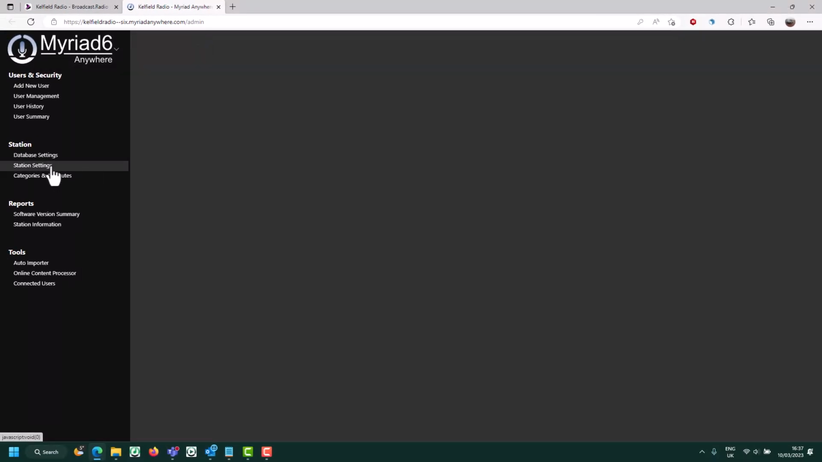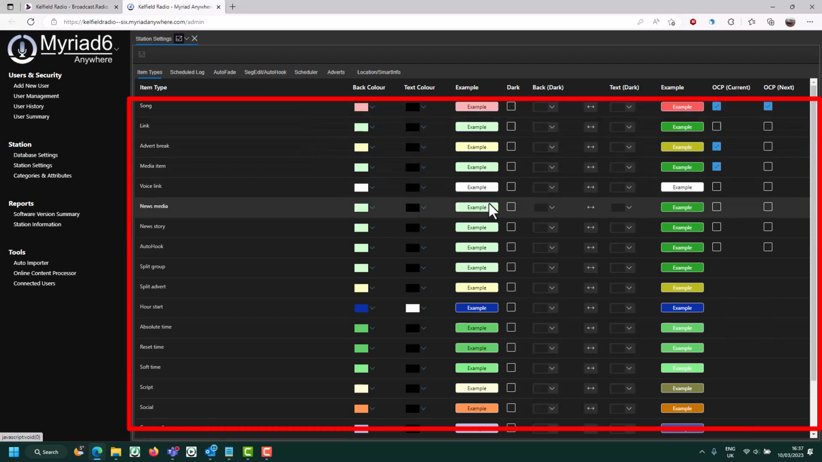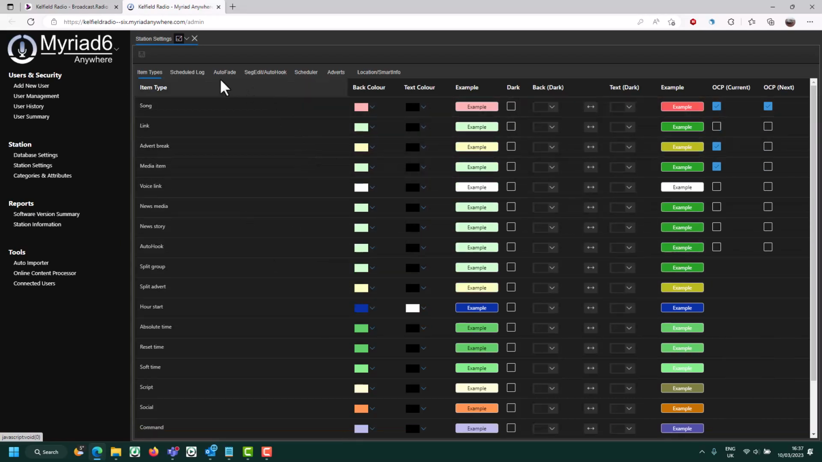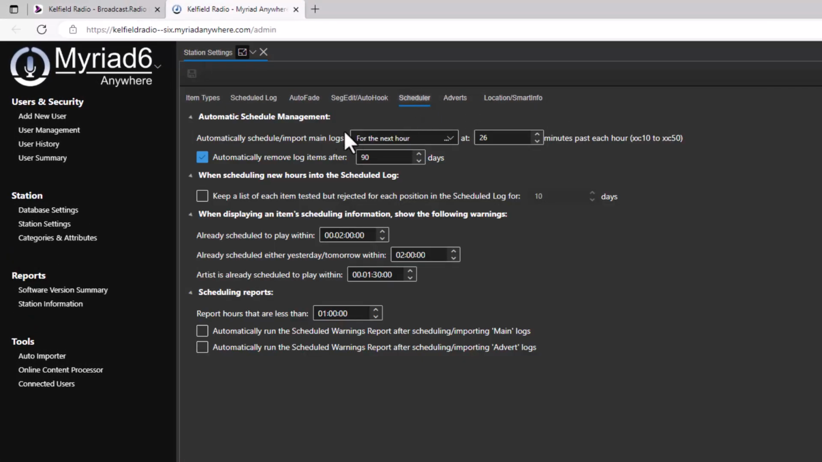Moving on to station settings, there's a couple of things in here I think would be of interest to you. One, you may wish to change the default colors for the media items in the log, which you can do here. And also, if you go onto the scheduler tab, currently the system is set, and this is a default,